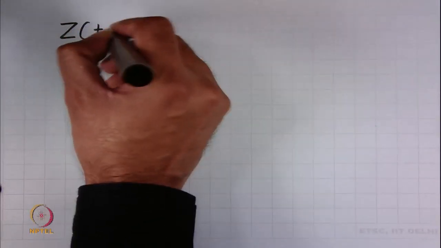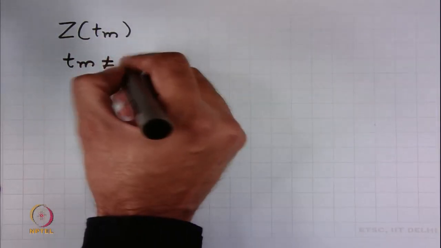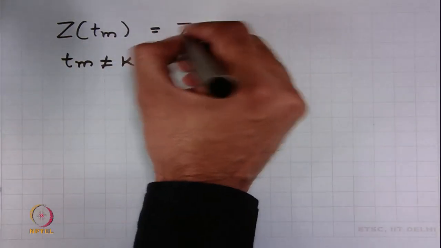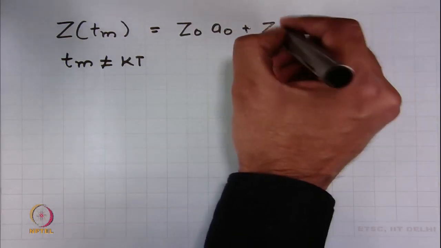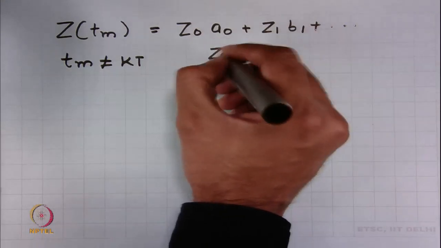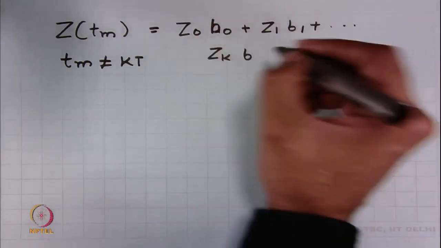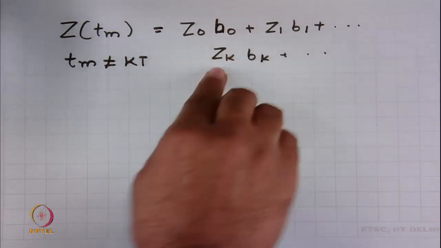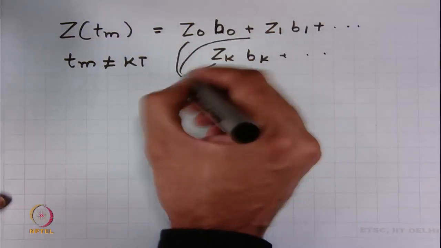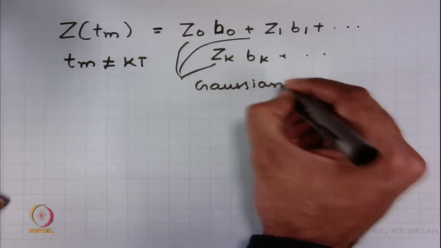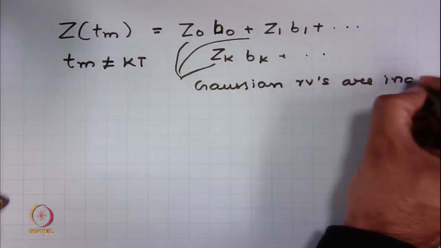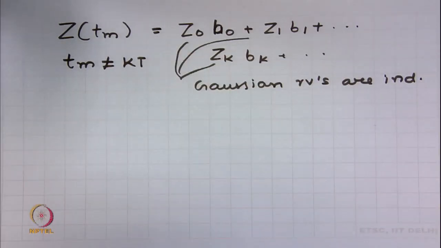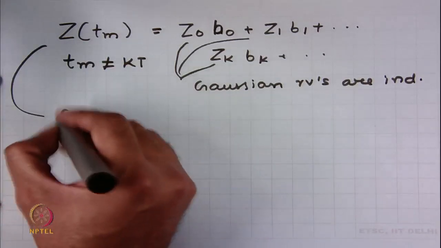Okay. So, if I choose to sample this process at another time instance, let us say Tm, where Tm is not kt, what I would end up with is again, let me make this as P0 Pk. So, what you would see is Ztm is again a linear combination of Z0, Z1 and Zk, and what are these? These are, as I have assumed, Gaussian random variables. Moreover, they are independent of each other, right. So, if I have a linear combination of independent Gaussian random variables, we have seen that the resultant random variable is also Gaussian. So, from this I can conclude that Ztm is also Gaussian